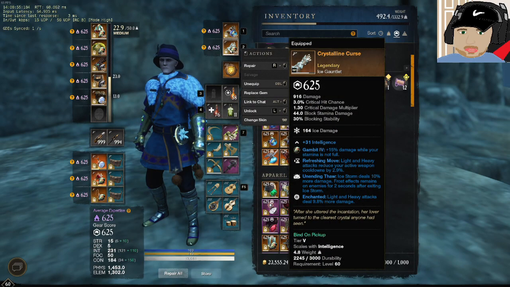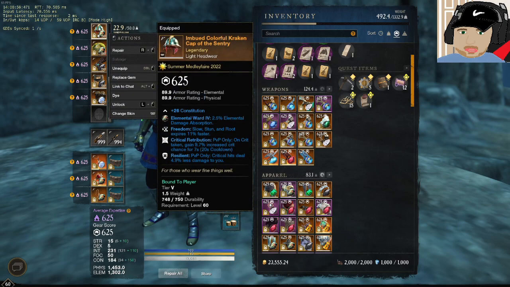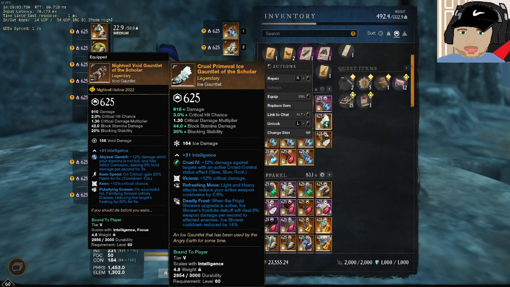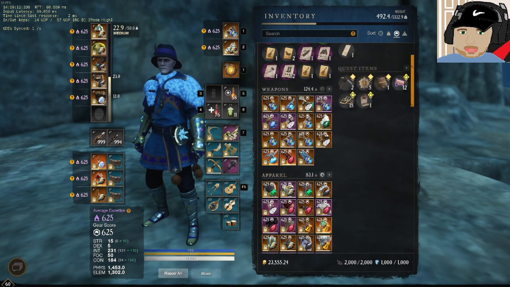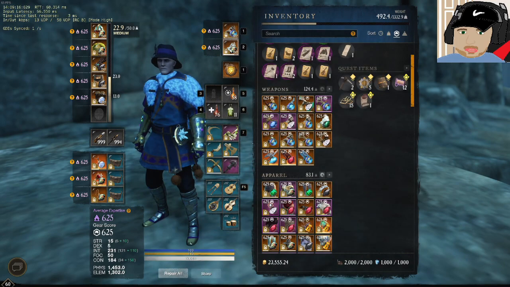The only reason I use Crystalline Curse is because I don't have Unending on my armor. If I did, I would want this hat piece to be Resilient, Freedom, Unending Thaw, and then I could use this Refreshing Move, Deadly Frost Ice Gauntlet instead. I think that would be better. But for now, because I don't have Unending on armor, I use it on my Ice Gauntlet because in my opinion, and I've talked to other VGs about this, I just don't see a world where you should drop Unending